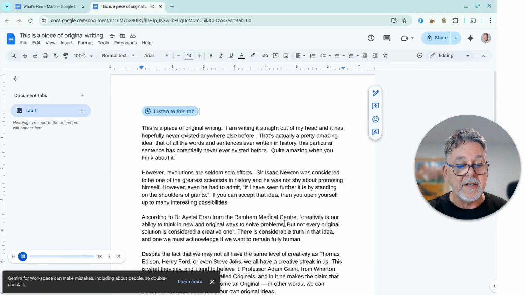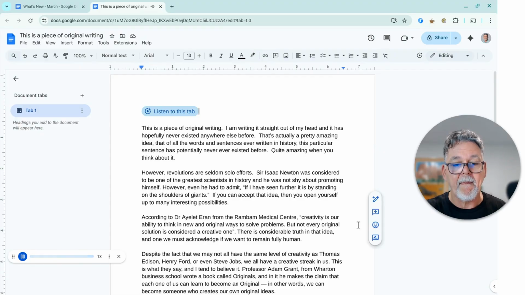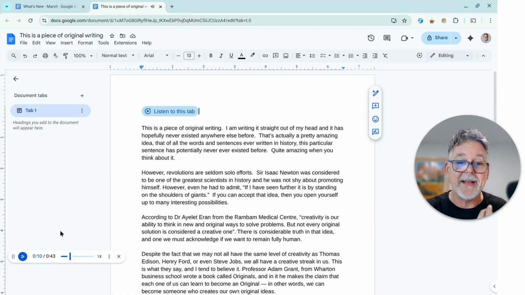This document emphasizes the importance of originality and creativity in generating new ideas and solutions. It presents the thought that while the current writing may be unique,